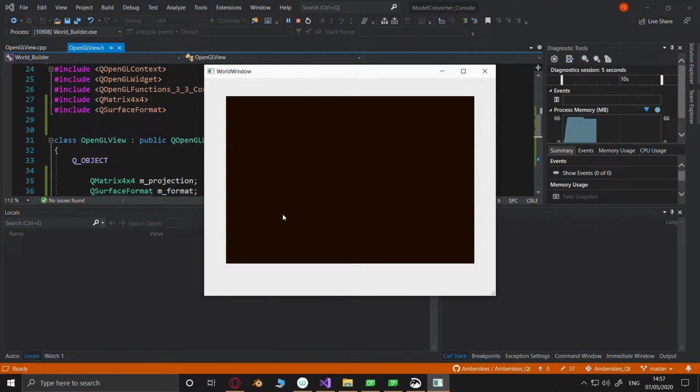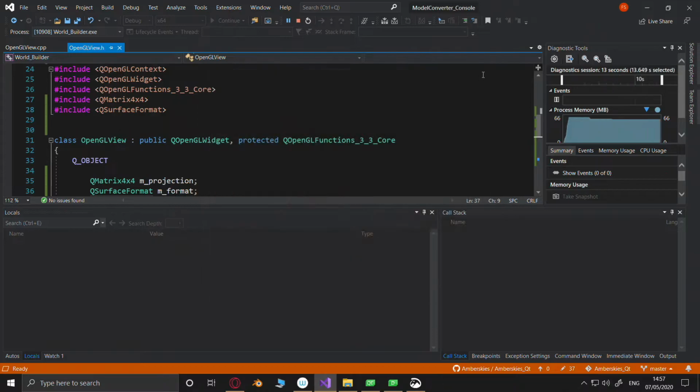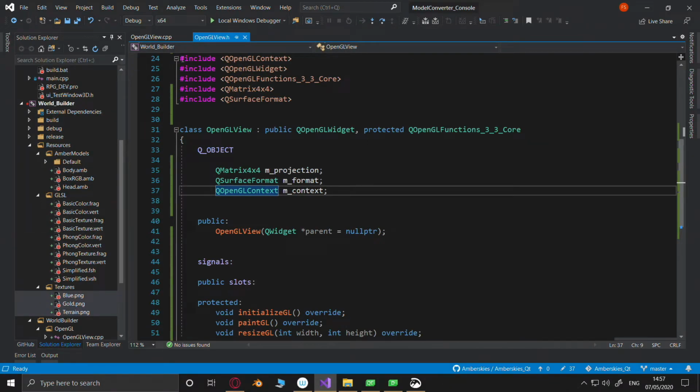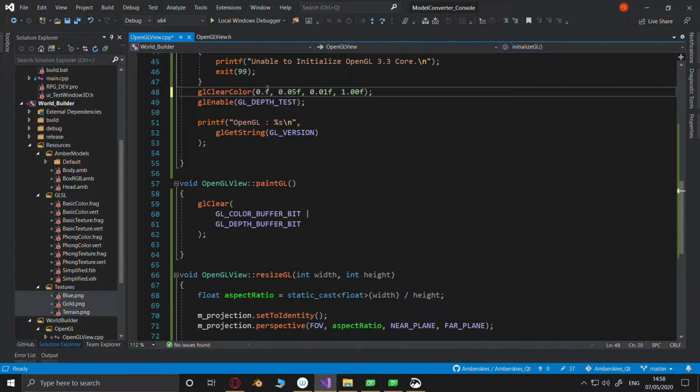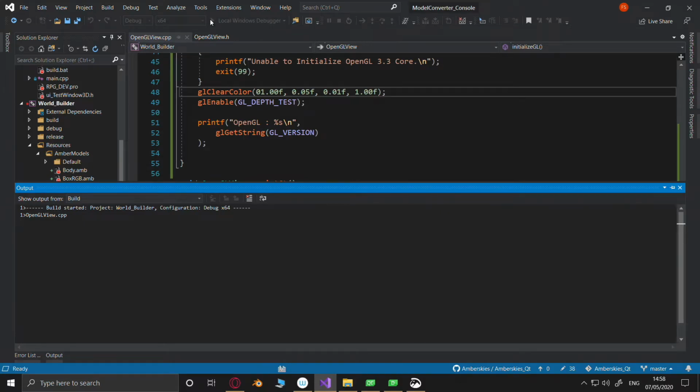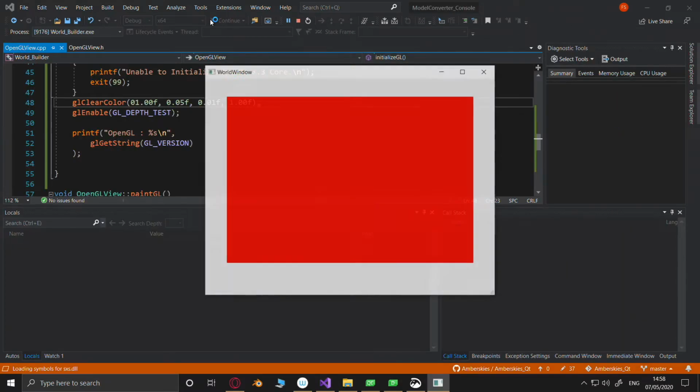Okay, so there's your OpenGL. It's working. You can tell it's working because the background is not black. You don't believe me, do you? You really don't believe me, do you? I know you don't believe me. I can hear it in your voice. Okay. Alright. 12 it was, wasn't it? Yeah. All day. Yeah, it's working.